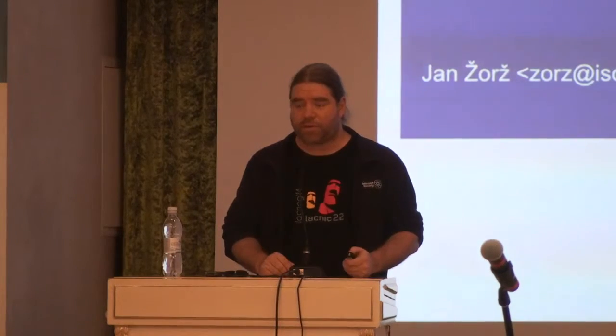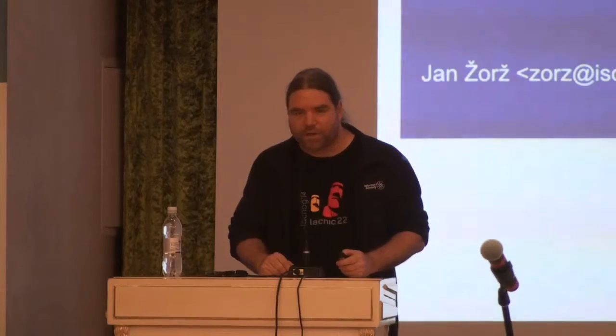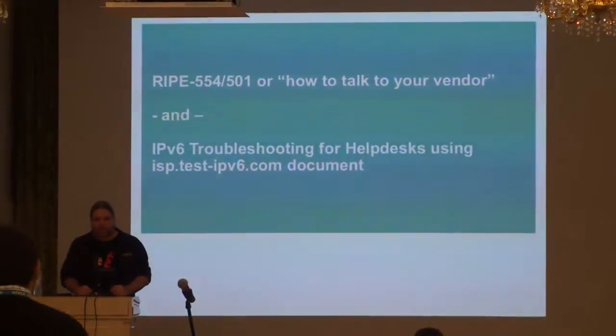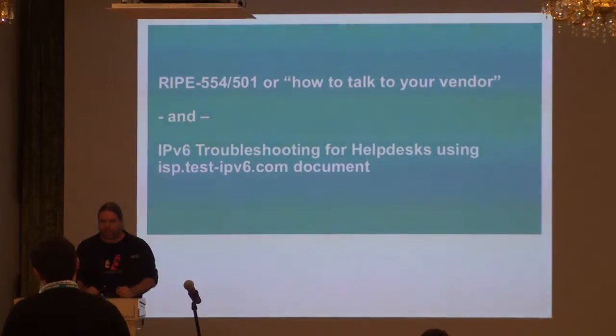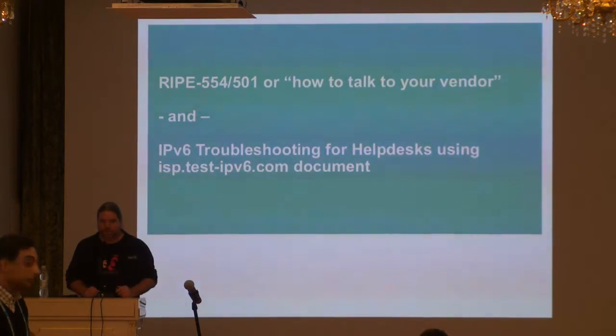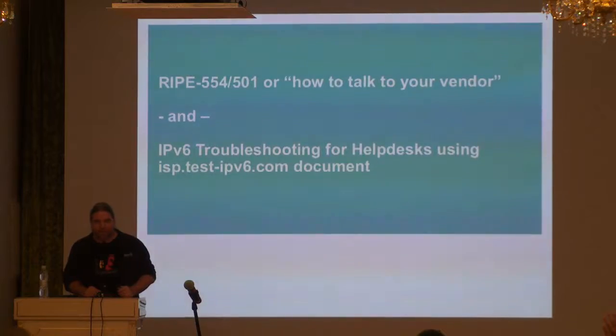It's about 2 RIPE documents that we wrote in the course of all these years, and I would like to briefly speak about both of them. So the first one is RIPE 554 that superseded RIPE 501. Which one in the room is aware of this document titled IPv6 Troubleshooting for Help Desks using... No, 554 is about IPv6 requirements for ICT equipment. Who in the room knows about this document? Okay, oh, the usual suspects. Great. So this might be useful.